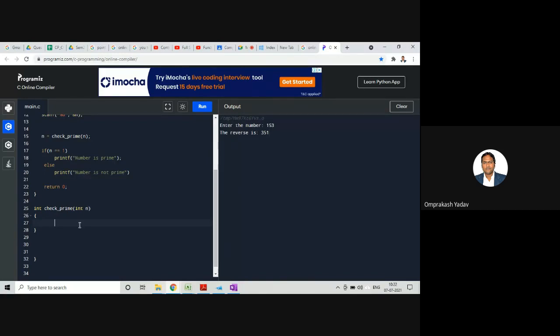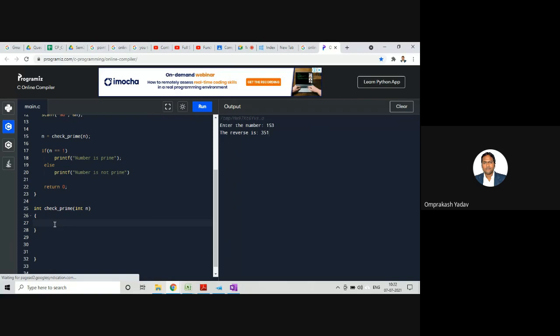Now we have to take this number and do the testing. So I'll declare one int variable i. I'll write for i equal to 2, i less than n, i plus plus.